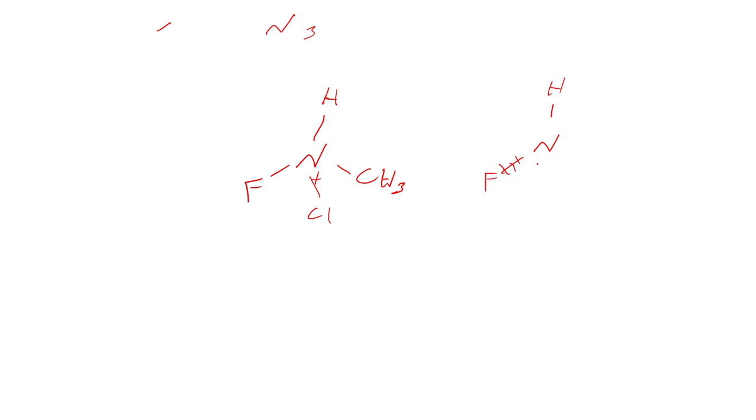The fluorine would be going backwards, chlorine would be going towards you, CH3 would be in the plane. Like so. Notice it does not have a plane of symmetry, and so that would be chiral, wouldn't it? How about like an oxygen? What if we had something like